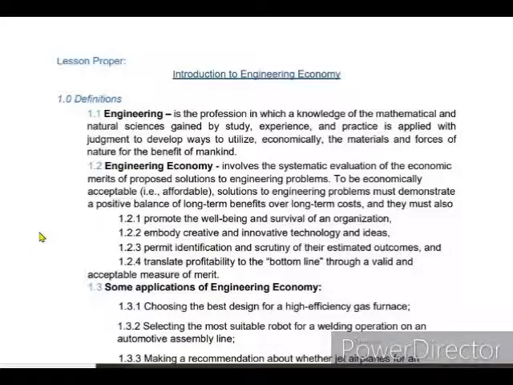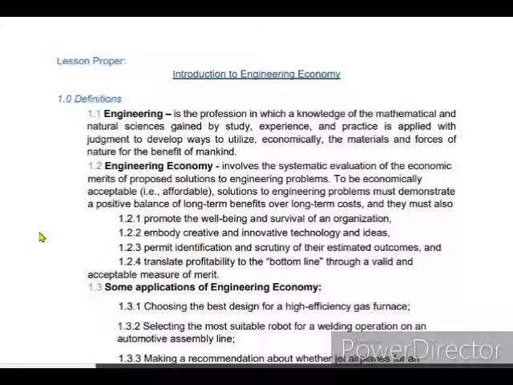Okay, so to be economically acceptable, example affordable, solutions to engineering problems must demonstrate a positive balance of long-term benefits over long-term cost. Okay, so the solutions that we are going to make in the future should have a balance of it. Okay, so long-term benefits as well as the cost, because there are so many costs